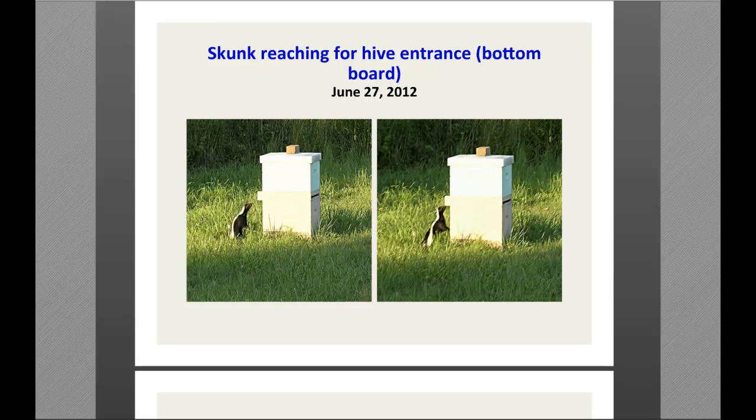But in spite of that, you'll see the skunk, in this case on the left, staring at the bees there on the landing platform of the bottom board, and then in the next picture you'll see it with its feet on the hive, nose right up to the bottom board. So obviously this was not going to be high enough to deter the skunk. In fact, this distance I measured is about 16 and a half inches from the ground, and it was still able to reach it. Now remember, this bottom hive box is just empty. There are no bees in there. I'm just using that to raise the hive up higher.